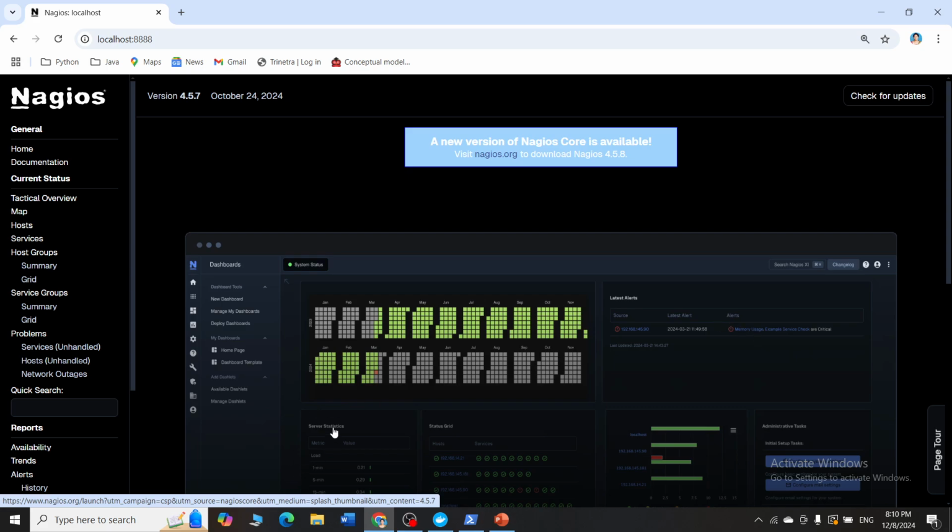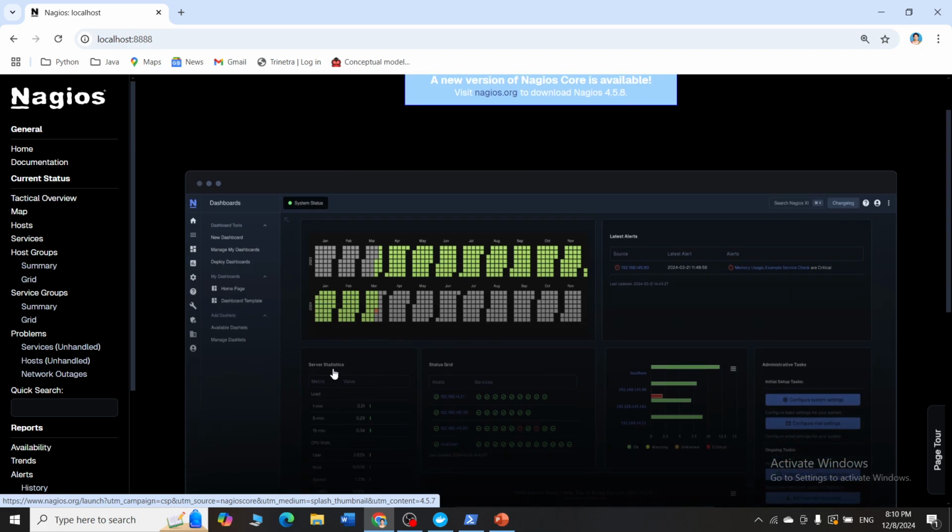Then you have the server status here on the bottom left, which talks about the load, the CPU status and all. Then you have a status grid, which talks about the status of the monitored hosts as well as the servers here. Okay, so you can see the green circles here. Green circles mean everything is fine. If you have red or yellow circles, that means it has indicated certain issues.